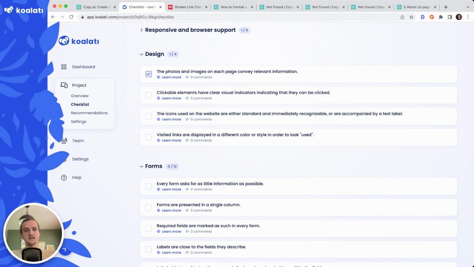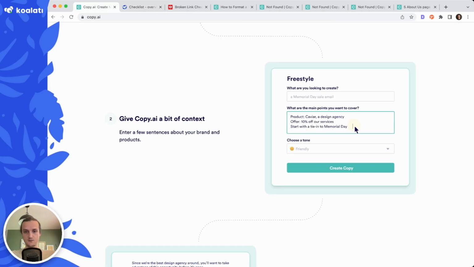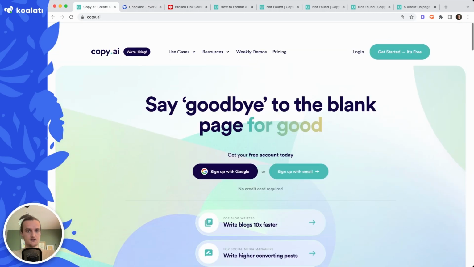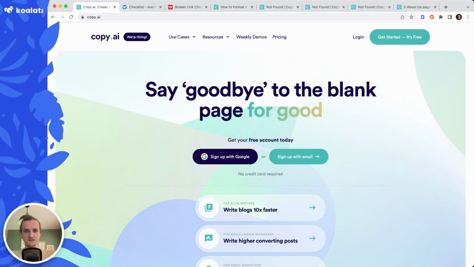Clickable elements have a clear visual indicator indicating that they can be clicked. Let's go ahead and see the different elements. This turns teal. I like it. It works. This has a new background, turns teal as well. This is clearly clickable. The logo doesn't, but as we said, this is kind of a convention on almost every website that when you click the logo, it's linking to the homepage. I don't think it's super important here to have